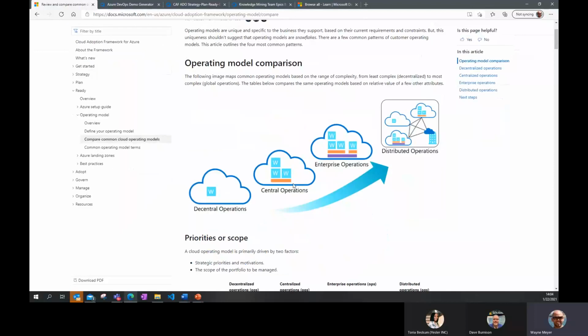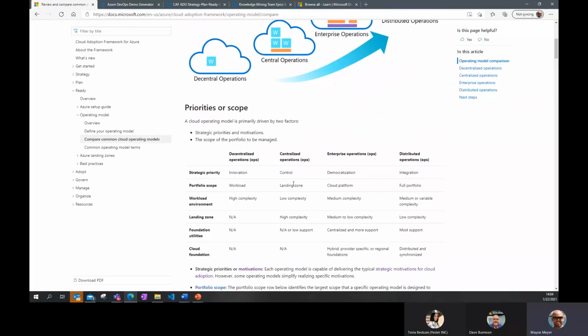So from decentralized operations to centralized to enterprise ops to distributed operations, lots of goodness around how we think about the people and the structure and what it is that we're trying to do. Now, we're not saying one operating model is better than the other, but go in with eyes wide open about how we're going to be operating and running these things.